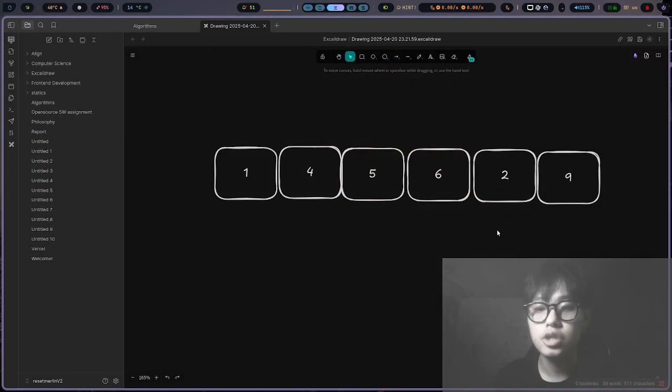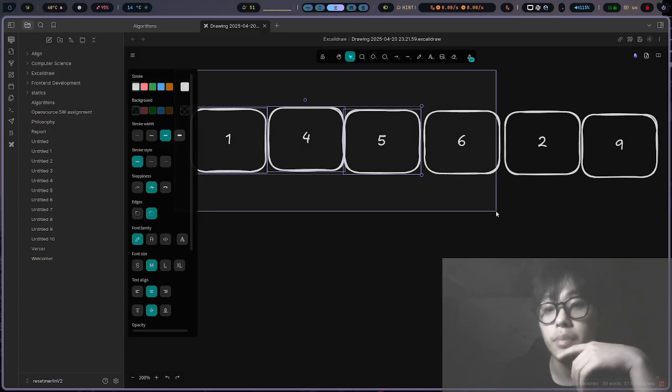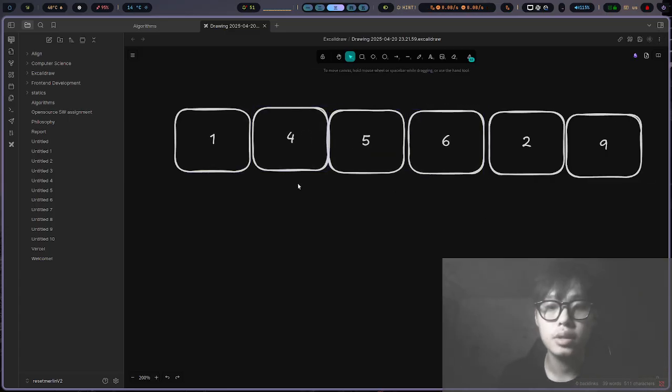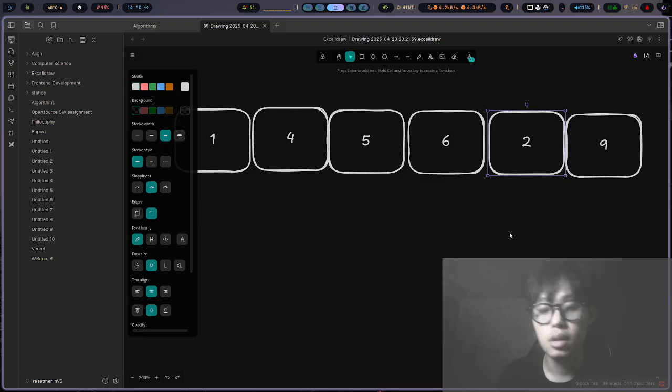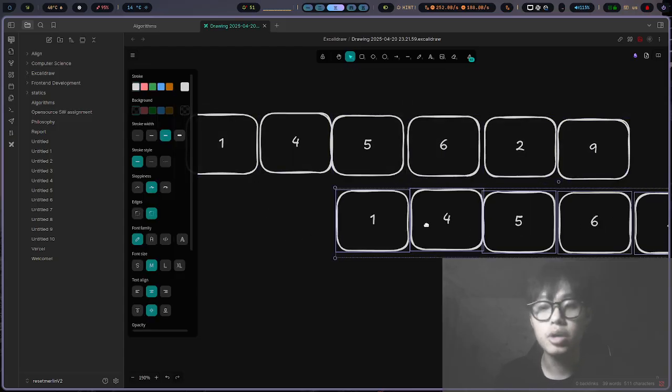We already know that this value is already sorted, but the bubble sort doesn't care. Because this is still not sorted, the bubble is doing multiple loops